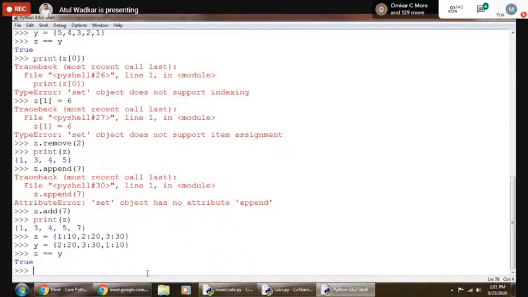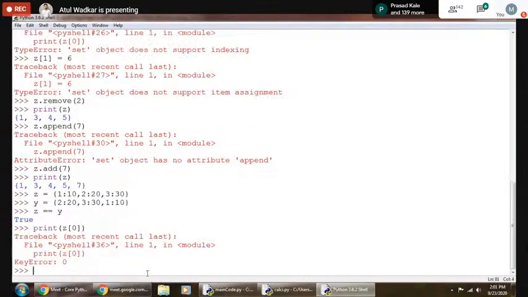So how can we specify some index like Z of 0? Will it work? If I print Z of 0, will it print the first value, that 1 colon 10? Will it going to print that? Let's check. It's not going to print that, and it's not saying it doesn't have item assignment or index